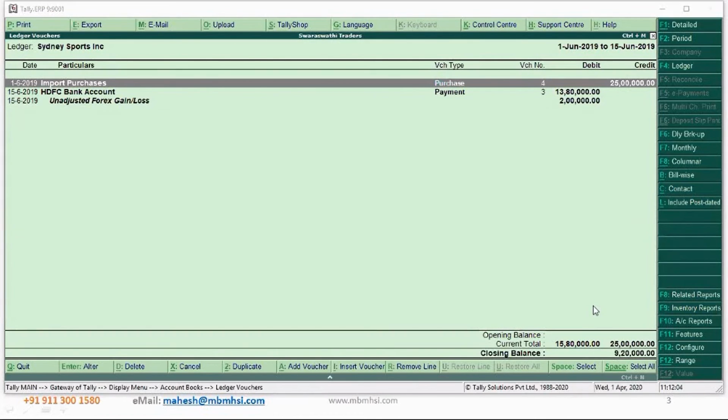This 2 lakh rupees is the gain. Yes, this is the gain. Okay, so let me do one thing. Because we combined both the partial payment and the gain, you are getting a lot of questions. First, let us make the full payment. Let us make one more payment and close this, and then let us look at how these values are getting affected.